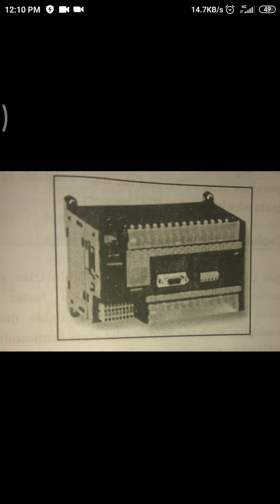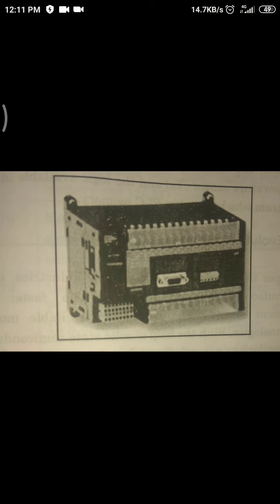So what actually is a PLC? What is the definition of PLC? PLC is a digital operating electronic device that uses a programmable memory for internal storage of instructions to implement specific functions such as logics, sequence, timing, counting, as well as arithmetical and logical operations to control the machine or the process through analog or digital input output modules. In this way we can define the PLC.